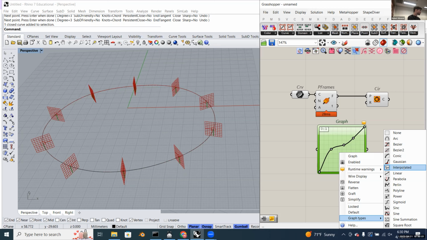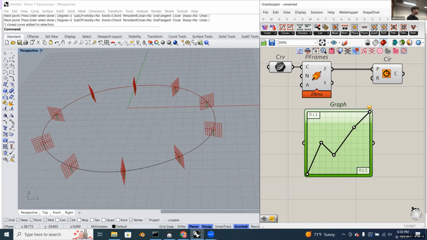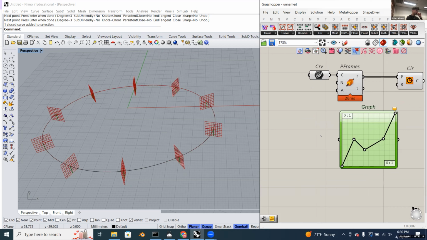Okay, so if you don't have interpolated, we could also just use polyline. You have that one? Yeah. This should also do the same thing. It's not going to affect the script too much. The only difference is the graph will look like line segments instead of a smooth curve, but it's not going to make the bag look like line segments. So, we can grab that, and then going into the graph mapper, we'll just have to set kind of